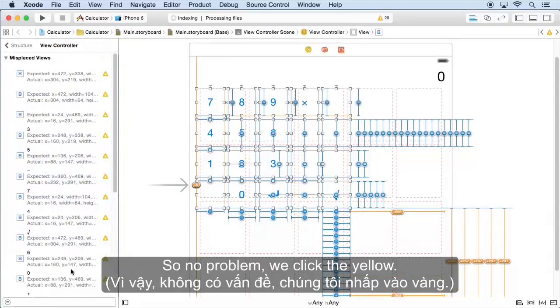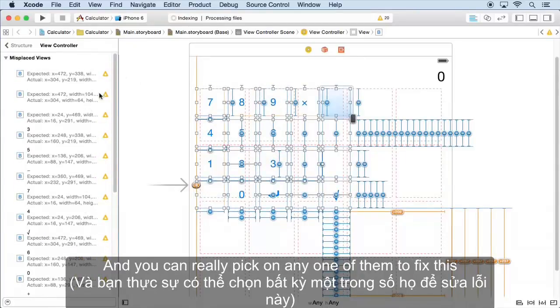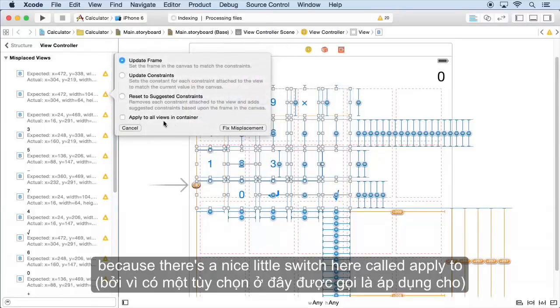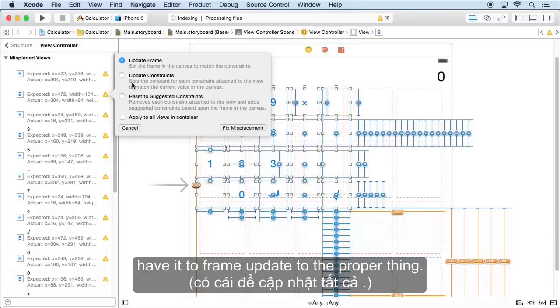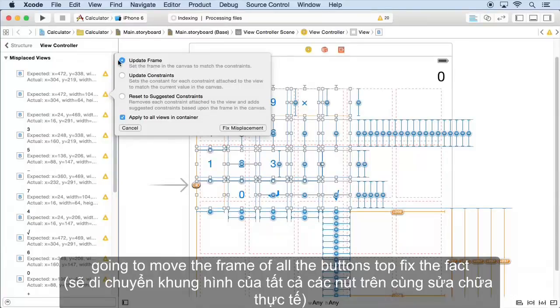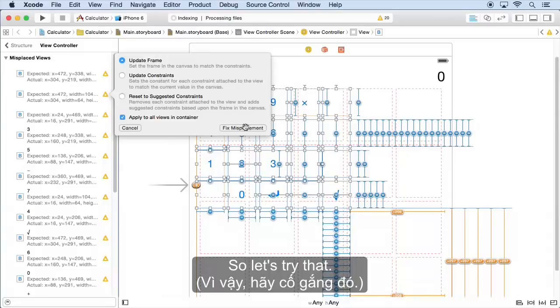We click the yellow. Here are all the things that are in the wrong place. This is all the buttons. You can see they highlight as I mouse over them. And you can pick any one of them to fix this, because there's a nice little switch here called Apply to All Views and Containers. You don't have to click on each one and have its frame update to the proper thing. You can just click Apply to All Views and Containers, and it's going to move the frame of all the buttons to fix the fact that they're in the wrong place based on their rules. So let's try that. I'm going to hit this button right here, fix